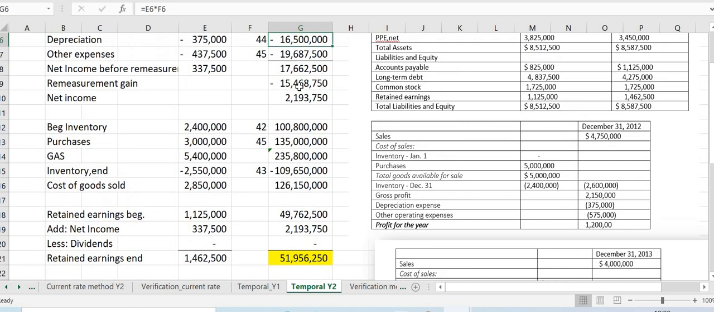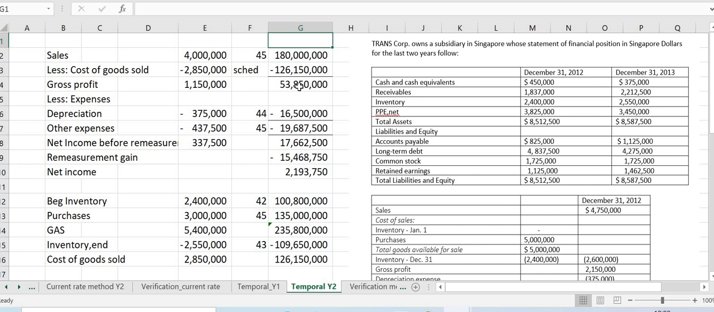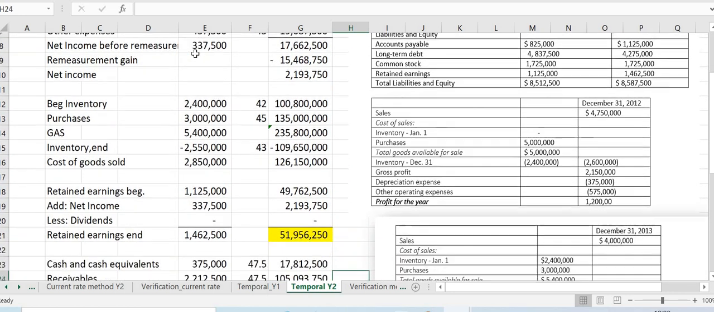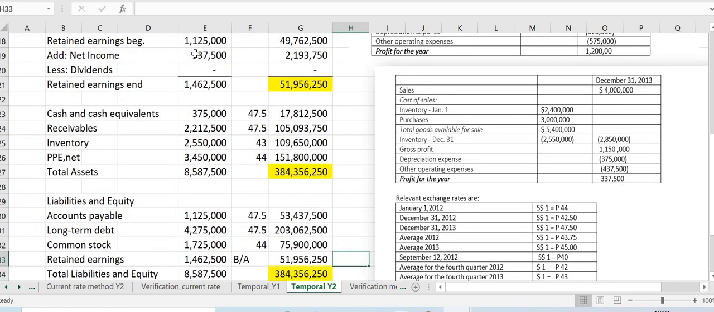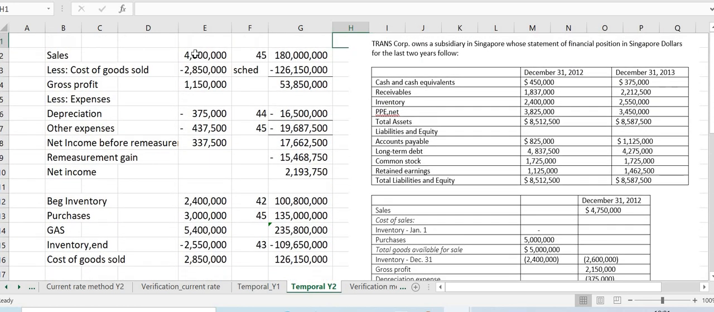So, to determine the measurement gain or the measurement loss, we'll translate muna our income statement accounts. Of course, for sales, we'll use the average for 2013, which is actually 45. Average for the year, 45. And of course, our cost of goods sold is using composite rates. So you have a beginning balance of 2.4 million, diba? Translated using the average for the fourth quarter of 2012,